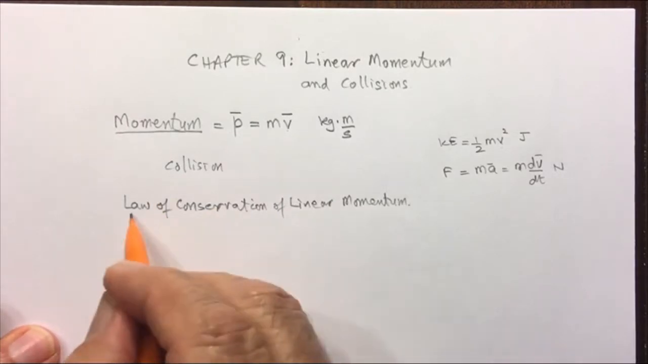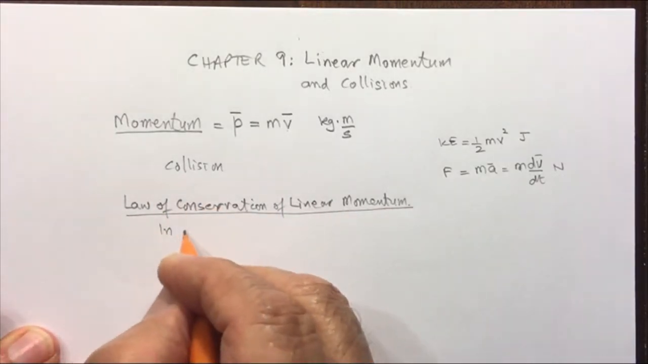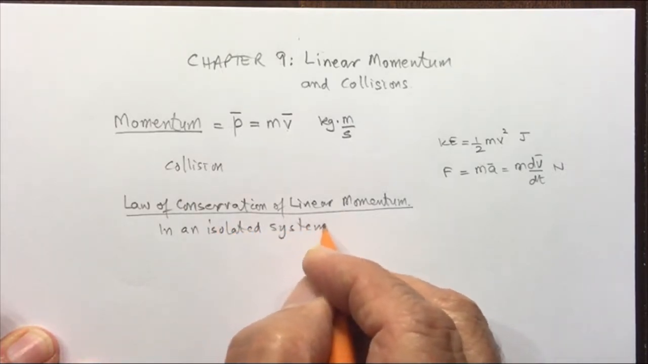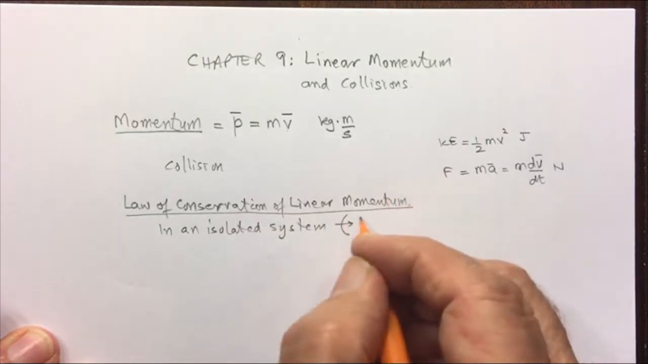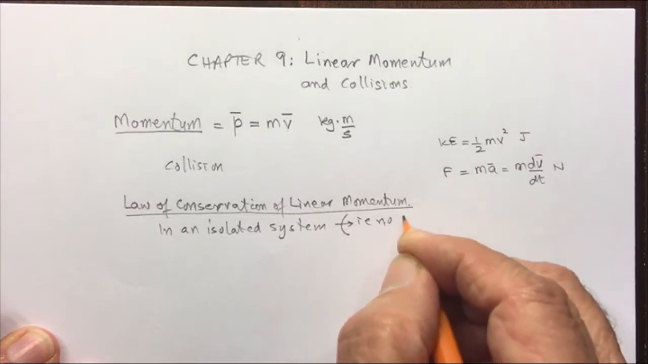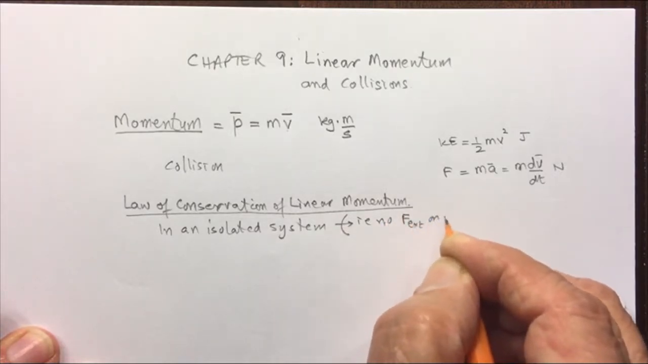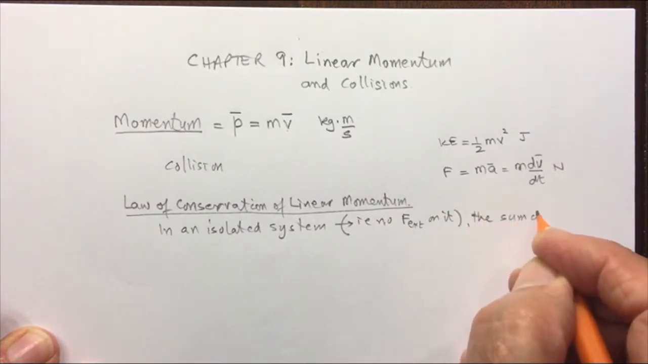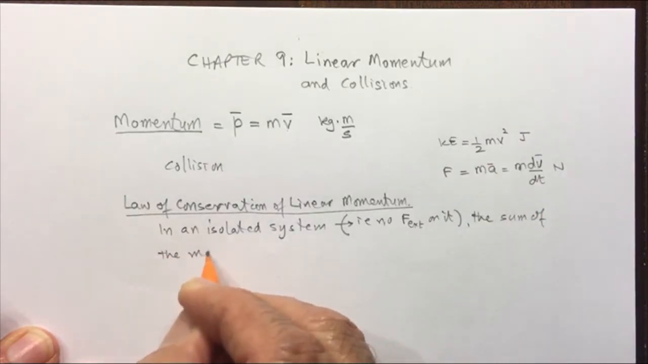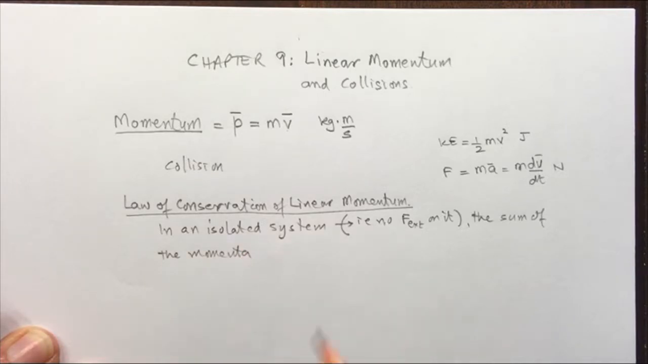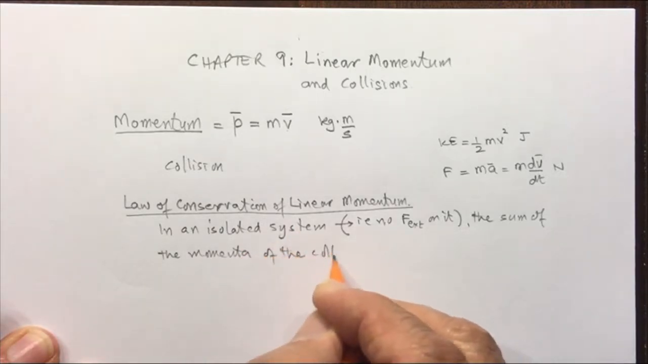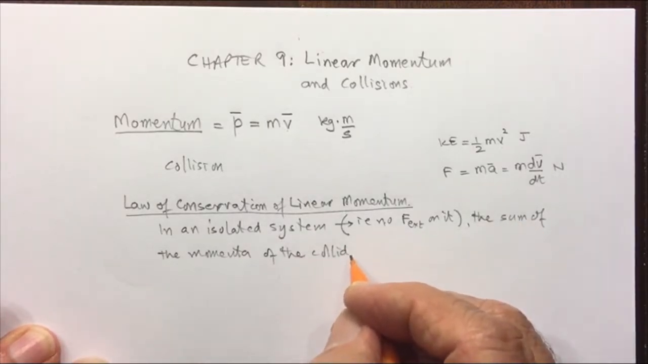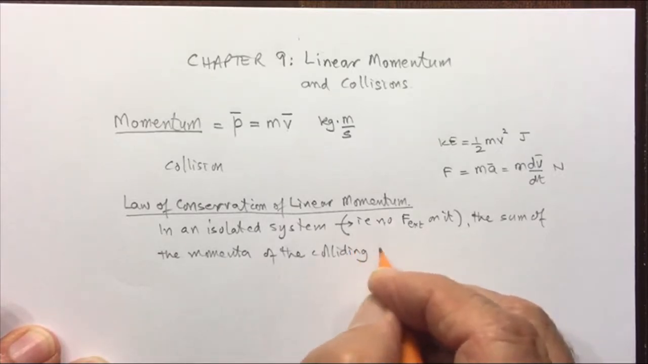This law says that in an isolated system, and isolated means that there is no external force on it, the sum of the momenta of the colliding particles, so if you have several colliding particles, you add all of their individual momenta to get the sum of the momenta of the colliding particles,